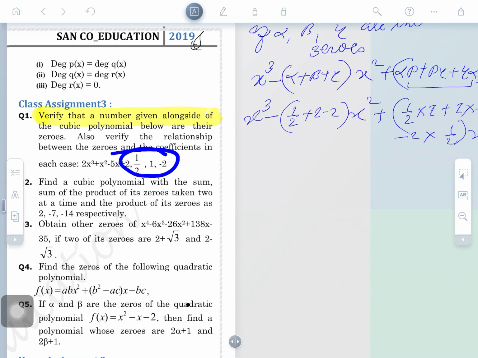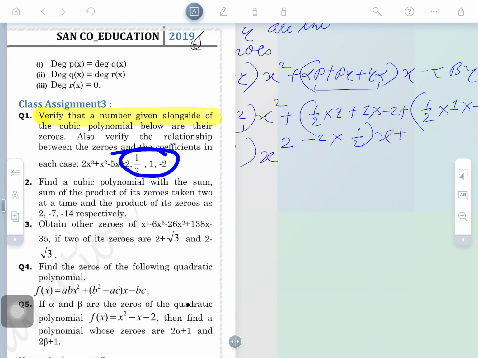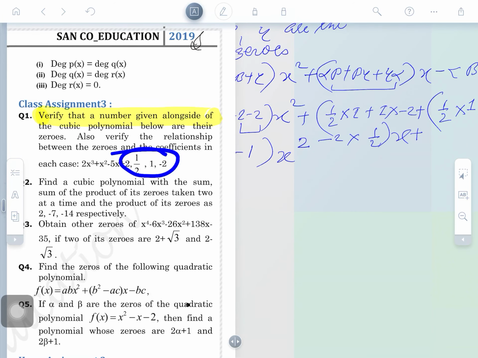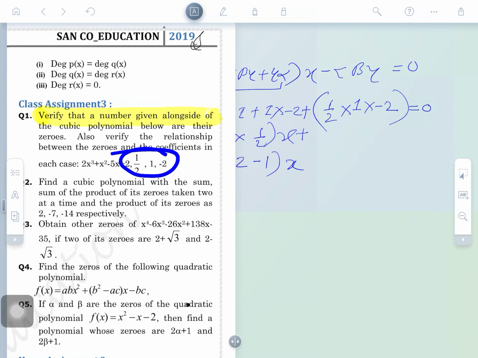Clear, guys? Further, if we solve this, what will happen here is half, and I think here 1 plus minus half, so 1 by 2 minus 1, clear, outside there x square, and further plus alpha beta, meaning 1 by 2 minus 2 and minus 1 here also, and outside x is there, clear, and further the 2 cancels, minus 1 will come here, equal to 0.